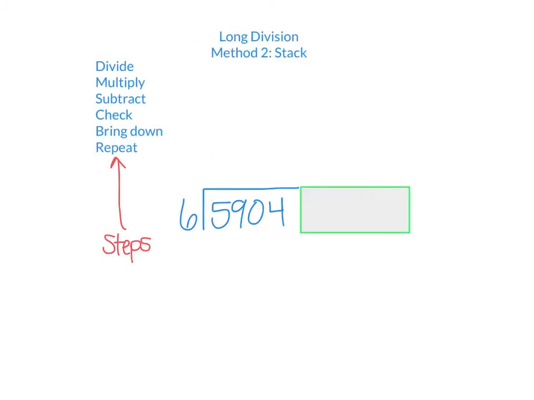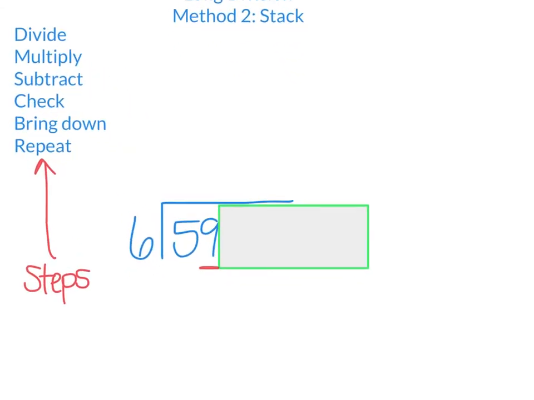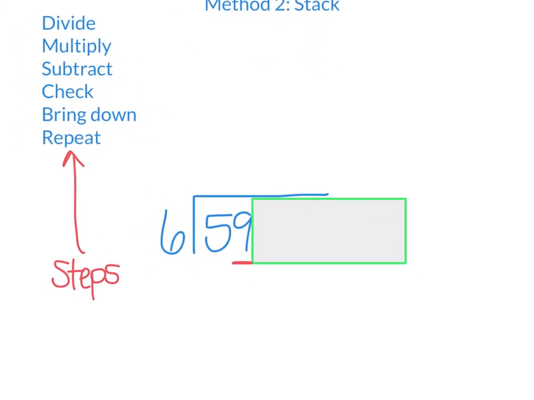Last one, if you prefer the stack method, so we're still going to cover up like we did before. Divide 6 into 5, well that is 0. Instead of putting zeros all the way across, I'm just going to move my rectangle over to show 59. So I have 6 into 59, which is 9 times, and since that 9 is in the hundreds place, then I know that 6 goes into 5,900,